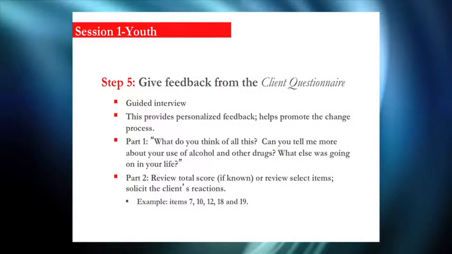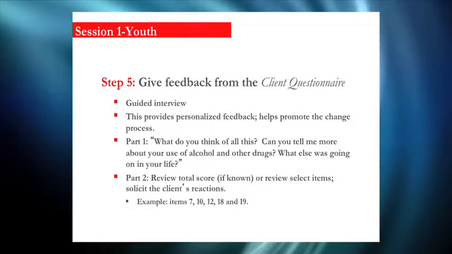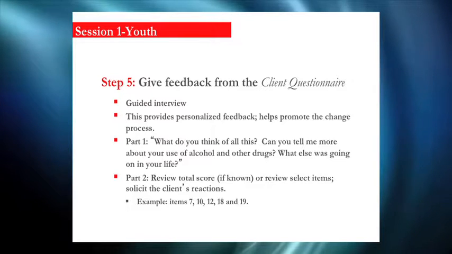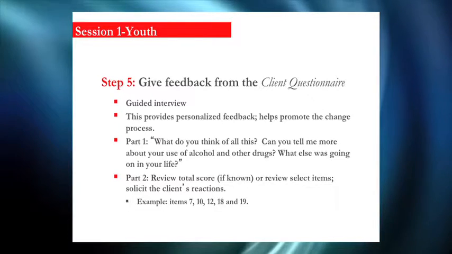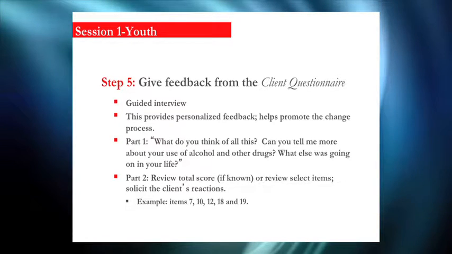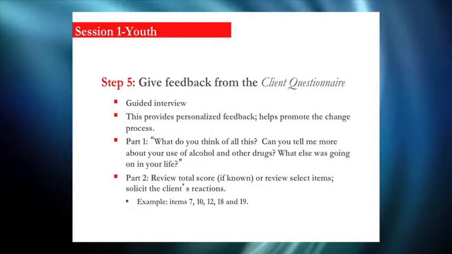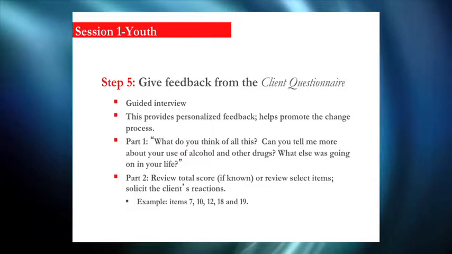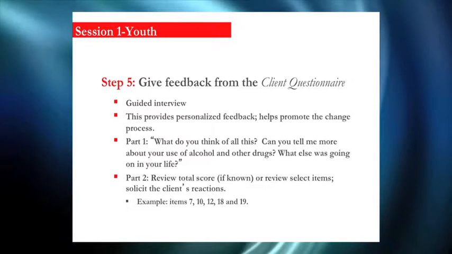All right, now it's time to step back a little bit and not learn more about those contextual factors, but use the client worksheet that was filled out as a way to start to gauge your perception of the teenager's willingness to change. It's already been completed either before the meeting or at the front end of session 1. You pull it out. Don't worry about the total score. You can always score it later if you want. The idea is to take some of the items, look at the responses, and engage in an interview, a discussion about why they answered the way they did. Tell me more about why you answered that.